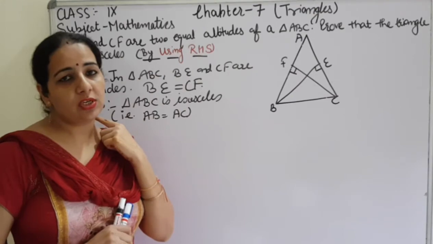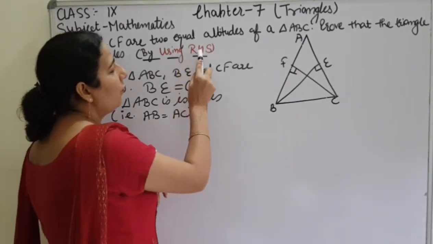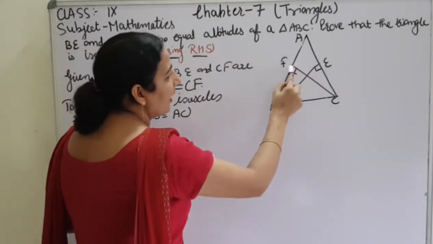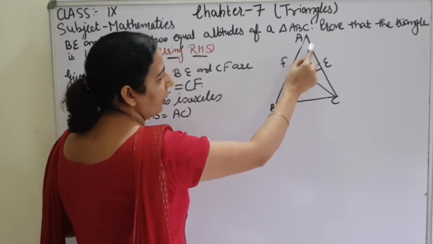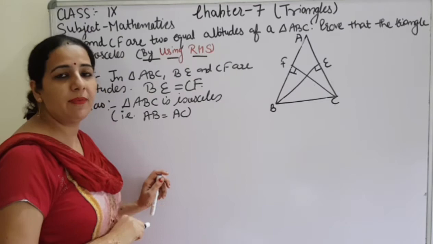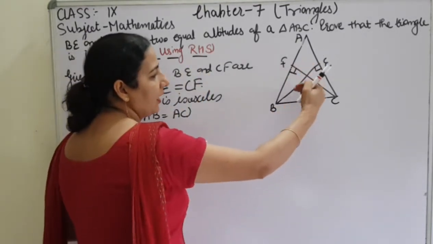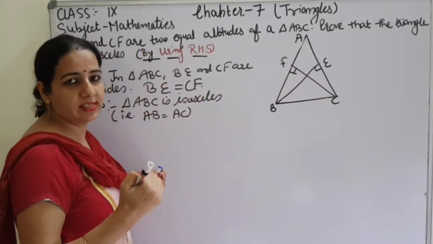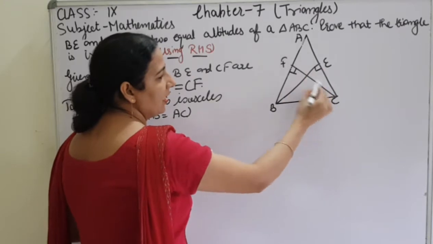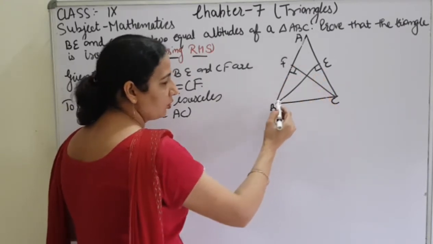So it is not acceptable because they have written by using the RHS. Now if we have to use RHS, a problem comes. In RHS, what do you have to do? You have to take one hypotenuse. If we take these triangles, the hypotenuse is in front of the right angle, so these hypotenuses will not be equal. Then how will we be able to use the hypotenuse? We will take the triangles on the downward side. We will take triangles BFC and BEC. One angle is 90 degrees and the hypotenuse is also equal.